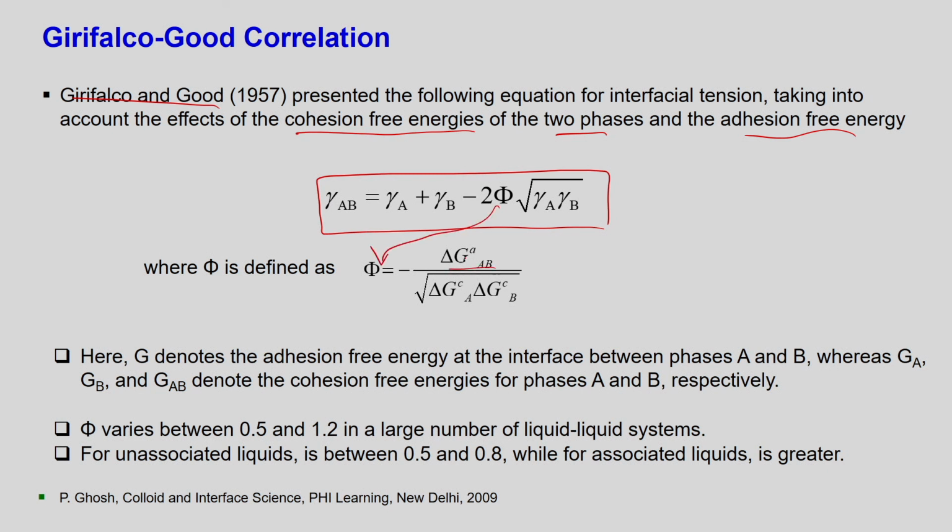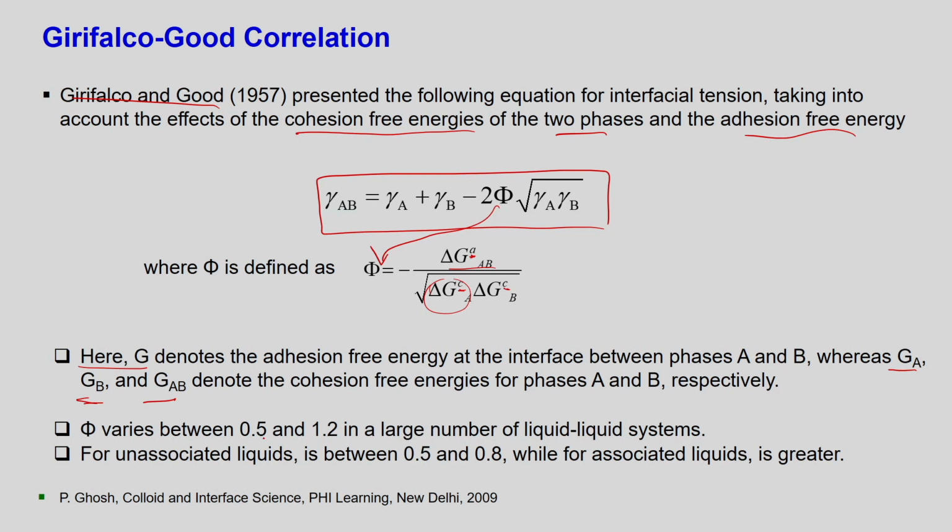So, what are this delta G AB and delta G AA? A refers to the adhesion energy, and C refers to the cohesion energy. So, delta G AB refers to the adhesion energy of molecules A and B, and the other represents the cohesive energy. It means delta G AB is a mixture property, while the other is a pure property. It tells how closely they are bonded and how strongly they repel. The ratio with the negative sign gives you phi.